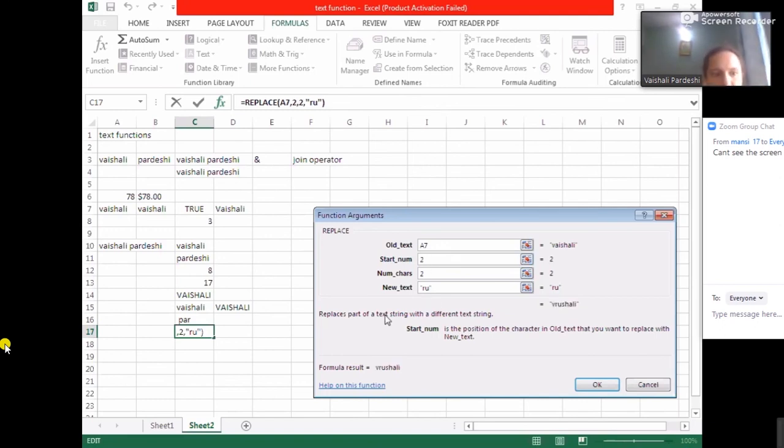So second character, that is A, 2 characters I have to replace, RU. Okay, so old text is A7, that is my name, the second character I have to replace. How many characters do I have to replace? 2. If I say 3, then I can replace this with 3 characters also.